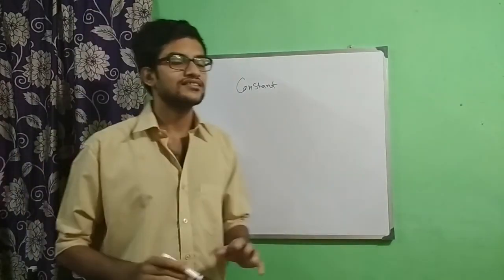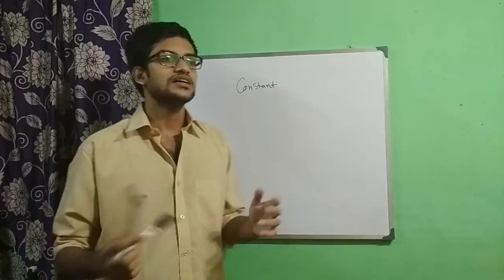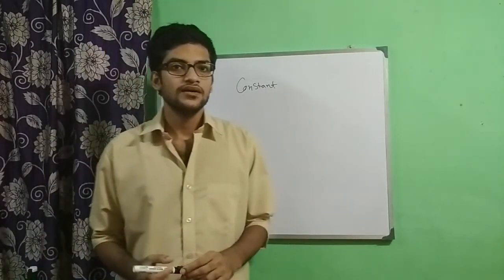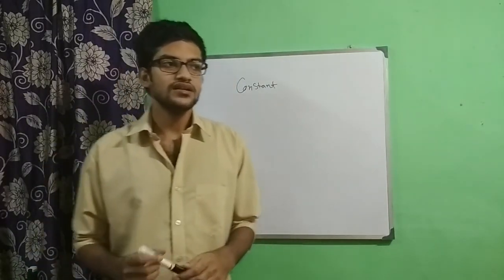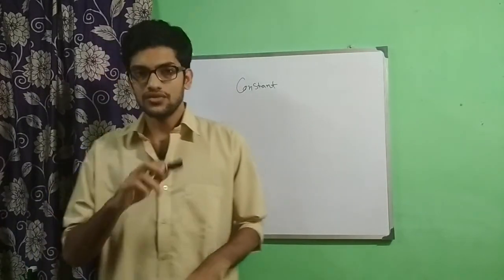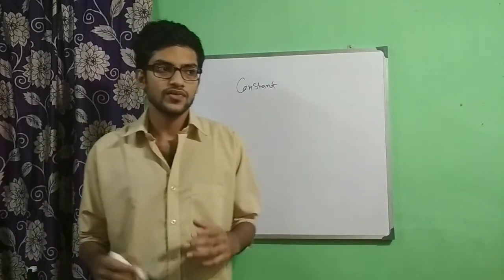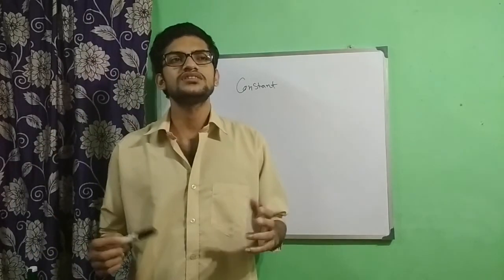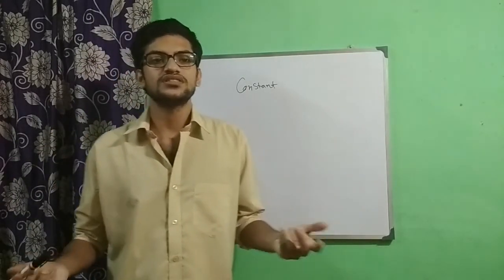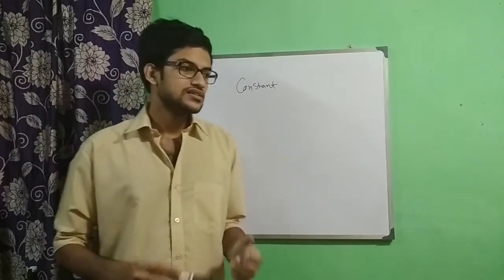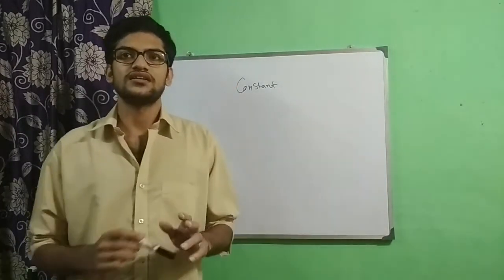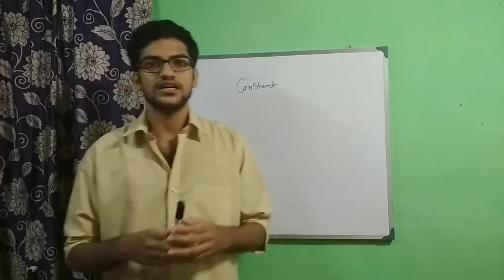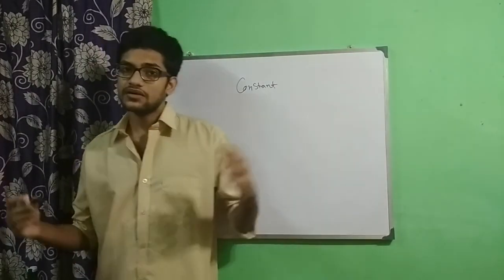But in the case of a constant, that is not possible, because constant means, as the name says, the value will be constant. We cannot change it. For example, pi means 3.14 or 22 by 7, the fractional result 3.14. This value is constant; pi cannot be changed. Or 3, 4, 5, 6, 7, these are all constants. 3 cannot be 2.5 or 3.5. 3 is 3. So these are all constants, and they cannot be changed.